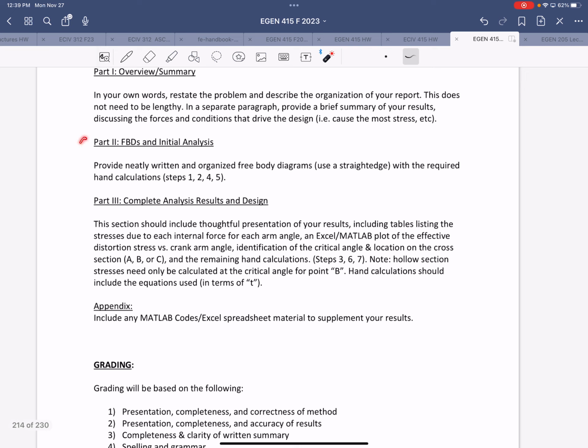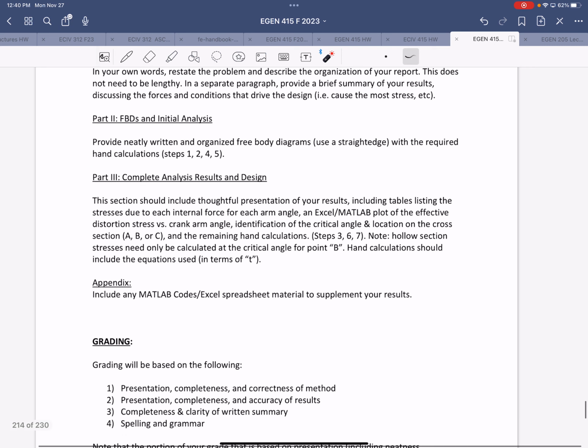Then you'll have your free body diagrams and initial analysis. So this will include your hand calculations. And then presenting the complete analysis results and your final design. So I describe this through here, right? Make sure that you include some tables that list the stresses due to each internal force for each arm angle. Provide a plot of the effective distortion stress versus crank arm angle. Identify the critical angle and the location on the cross section, right? Which point is most